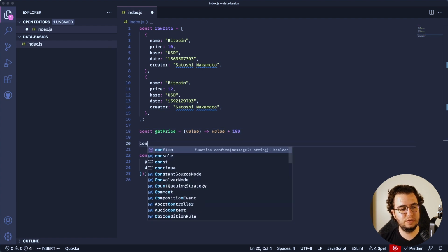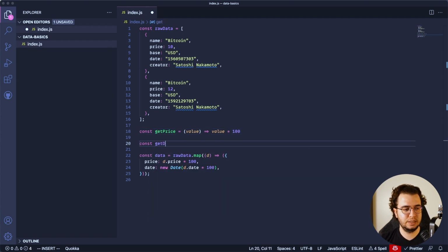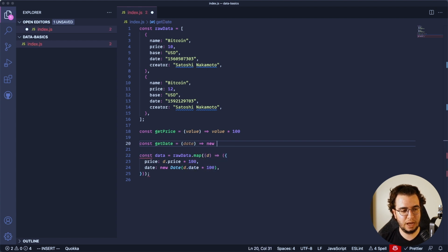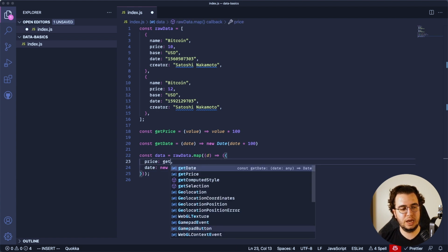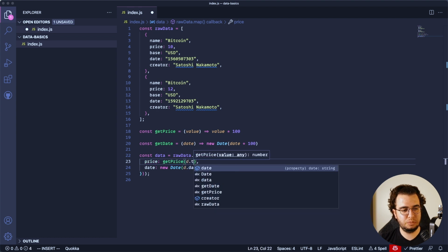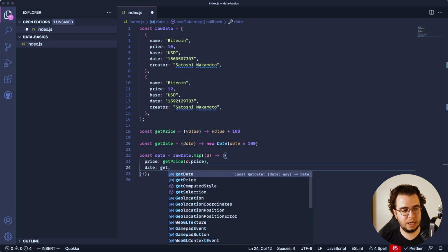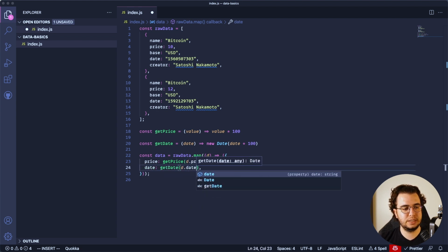And we have the date, so getDate, that receives a date and returns it as a date, like this, times 1000. So now we have this one that can be accessed like getPrice(d.price), and we have this one that can be accessed by getDate(d.date).